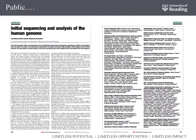And that resulted in one publication in Nature, which was the initial sequencing and analysis of the human genome. As you can see, the list of authors on papers, and this is true of a lot of genetics and genomics papers coming through to the present day, are vast collaborations. This involved multiple groups, multiple researchers, multiple funding bodies, a very, very complex series of experiments trying to read the